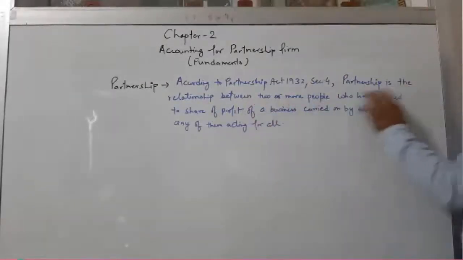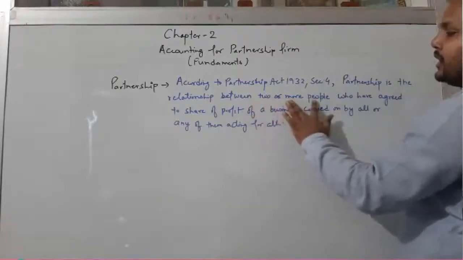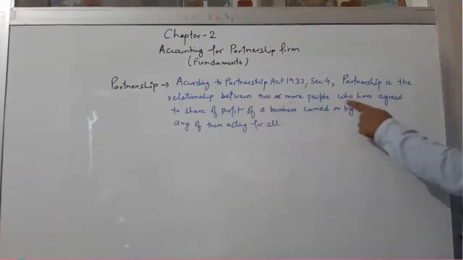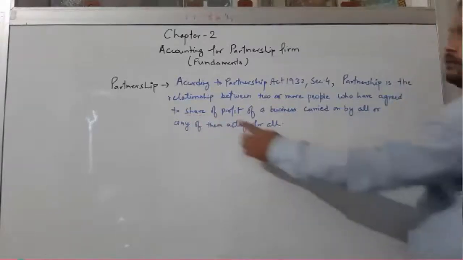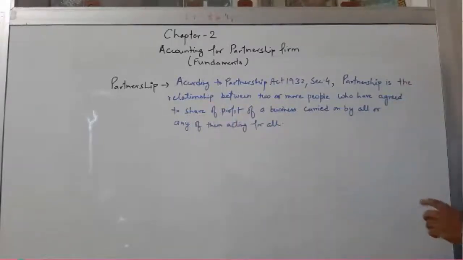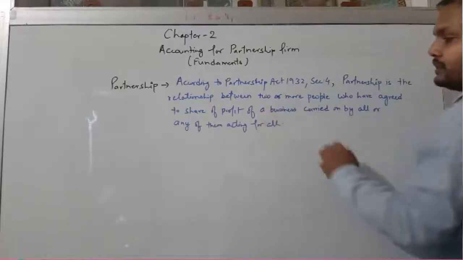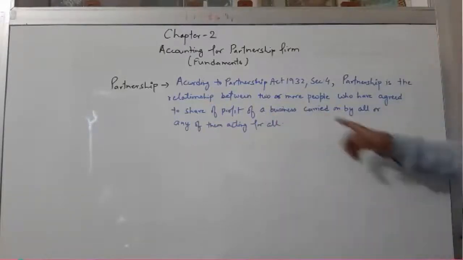यानी पार्टनरशिप रिलेशन है किसके बीच का? दो या दो से अधिक लोगों के बीच का, who have agreed to share profit. जो एग्री हुए हैं प्रॉफिट को शेयर करने के लिए. क्लियर? किस प्रॉफिट को? Of a business. बिजनेस की प्रॉफिट को, carried on by all